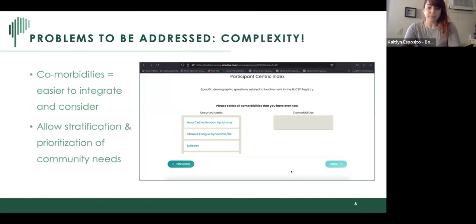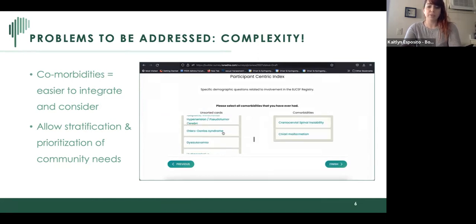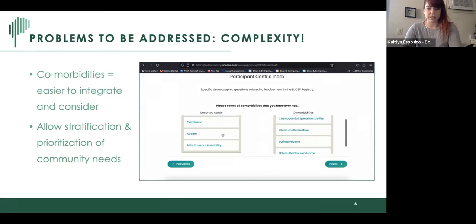Another thing, a lot of things can be very complex. I know ours is. The inclusion of comorbidities will actually allow us to stratify by needs in the subgroups of patients. So I'm just showing the drag and drop that we put together. This is probably going to prove important because patients with a certain constellation of symptoms and comorbidities are almost entirely different pathophysiologies than others. So just as an example, patients who have both Chiari and Ehlers-Danlos syndrome are probably more